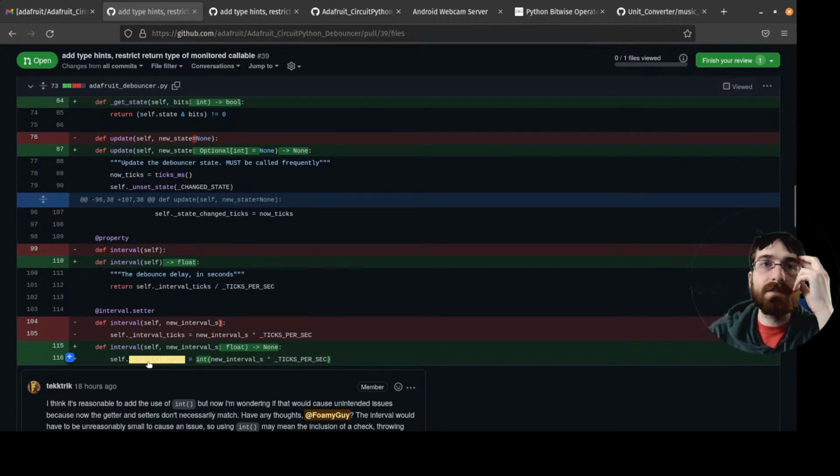Interval ticks. Ticks over ticks per second. Not sure.